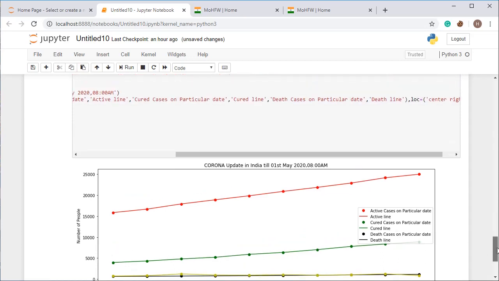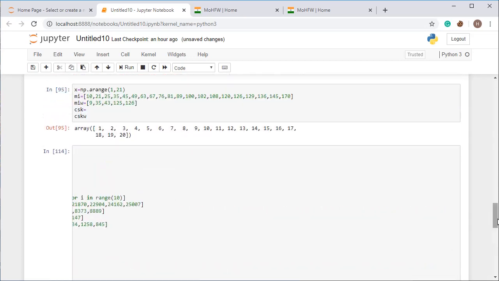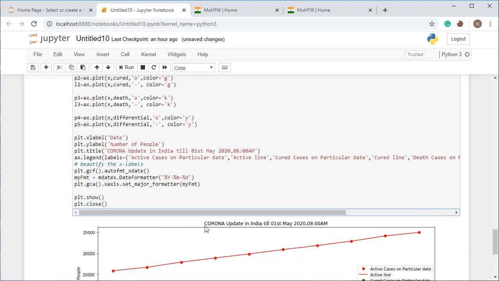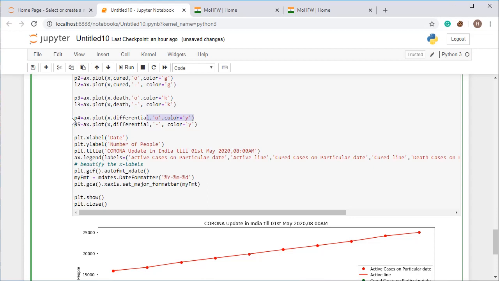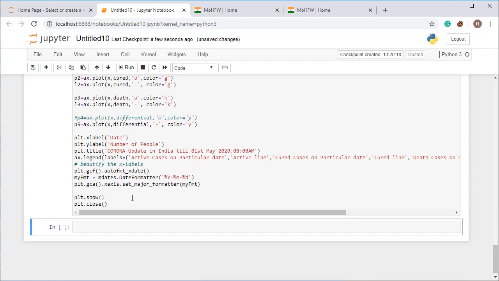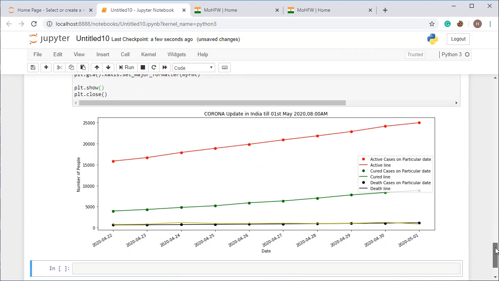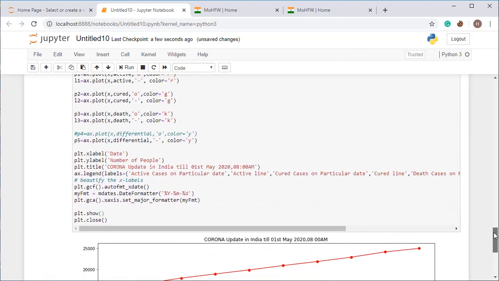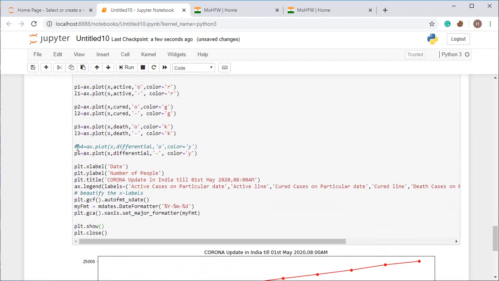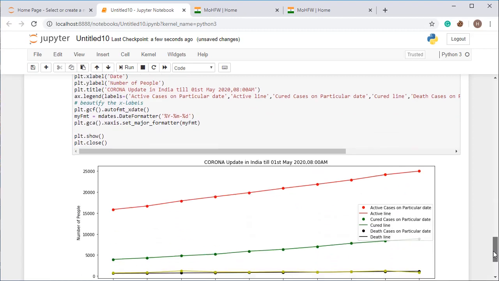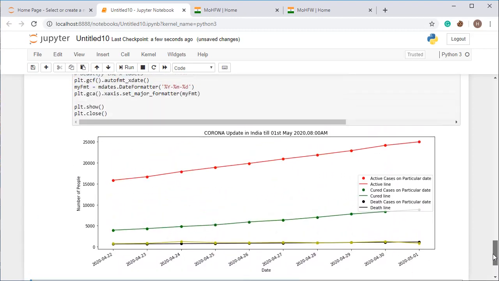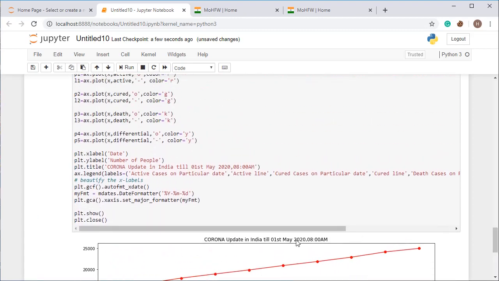All right. So if you are going to remove the particular point, then you are going to miss this thing. So I'm just commenting it out. All right. So when I'm going to run this cell, I'm going to get only a line like this. So you can also plot it by line. I have just added the dotted also because you can visualize the things easily. So you can visualize in this graph better than the other graphs.